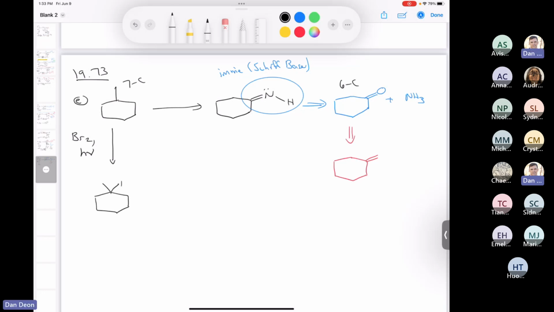And so if we do that, there's two types of beta protons. You have these ones in red. You have these types in blue. You want to pull off the red ones, so you'd use a hindered non-nucleophilic base. And so you could use